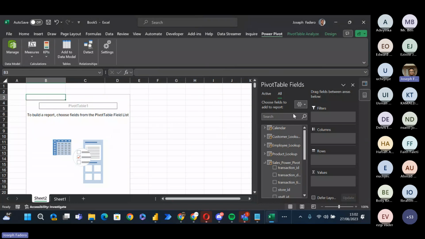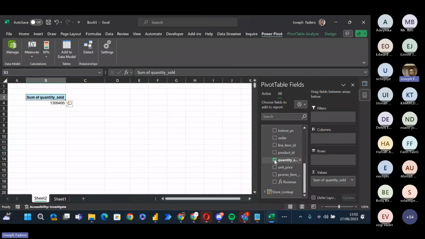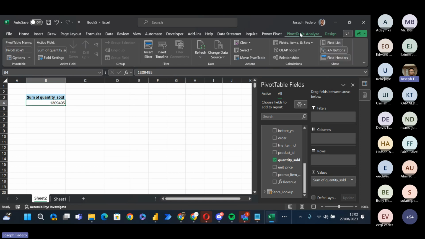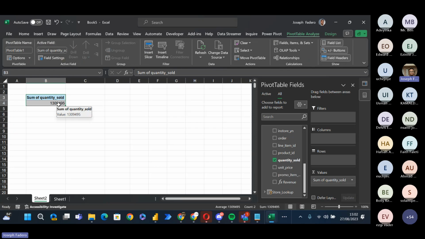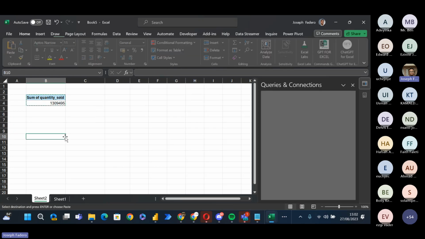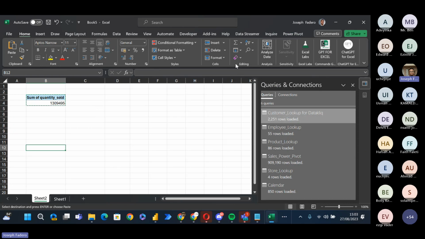So the first report we said we wanted to do is quantity sold. I'm just going to select quantity. So this is the total quantity sold. I'm going to go to pivot table, analyze, select entire pivot table. Or you can just highlight the full pivot table and press Control C. You can now paste the pivot table elsewhere, but it's normally best to select entire pivot table, because sometimes